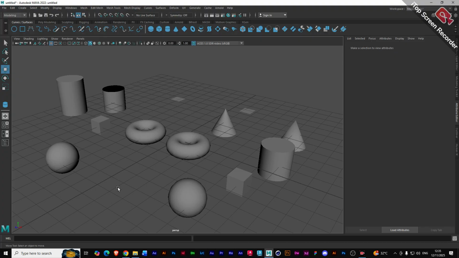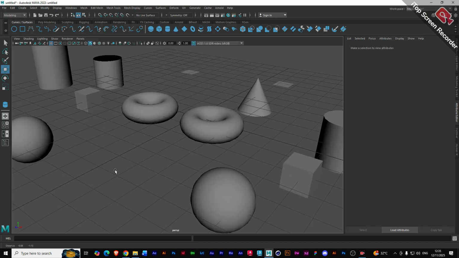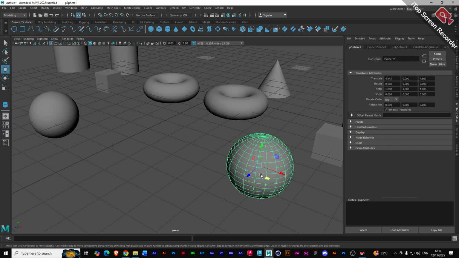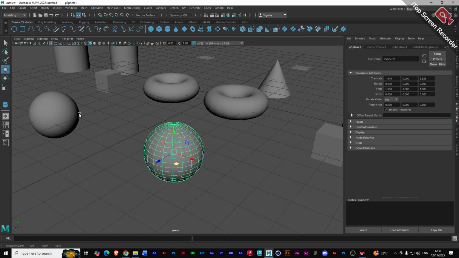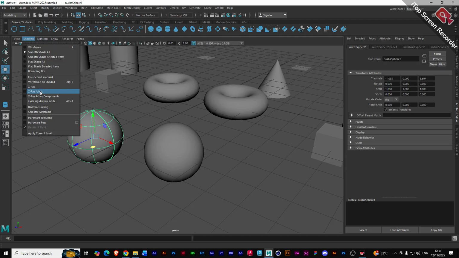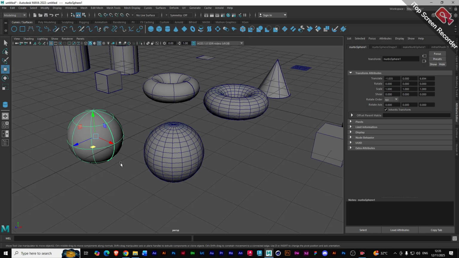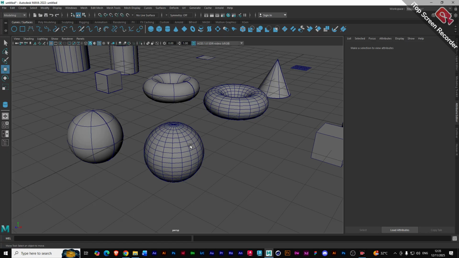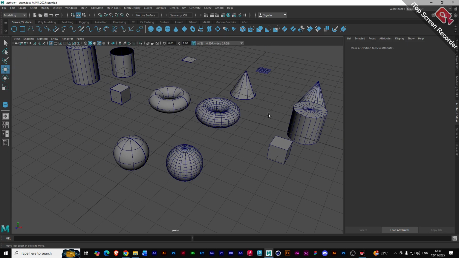So let's start with the sphere first. This is a polygon sphere and this is a NURBS sphere. By look, they don't look any different. Actually, let me change it to wireframe on shaded so that we can see the differences between them